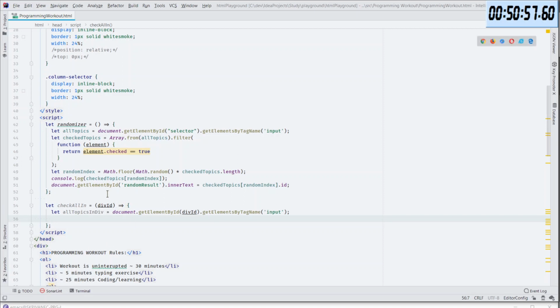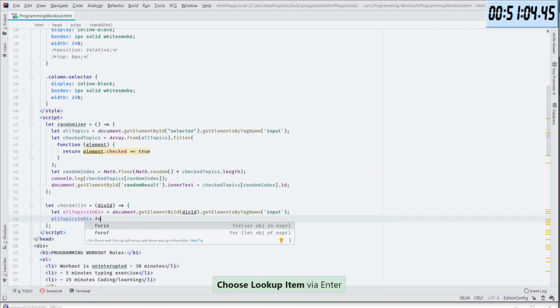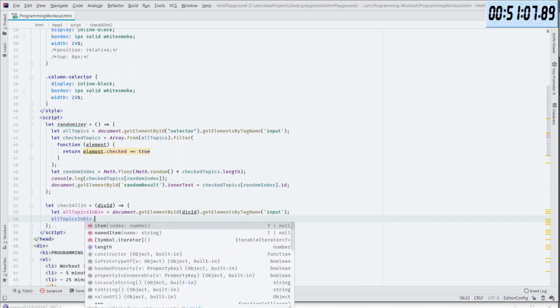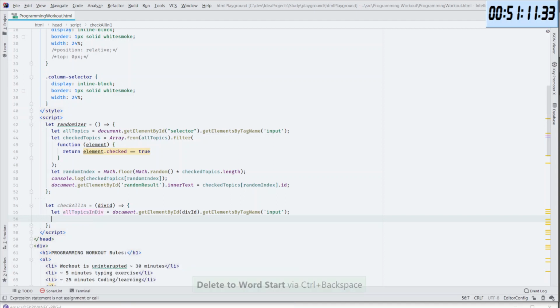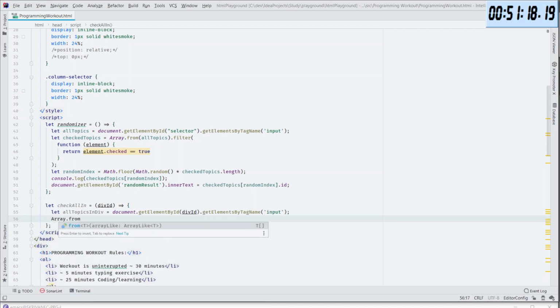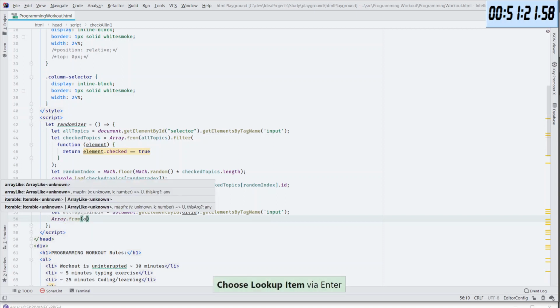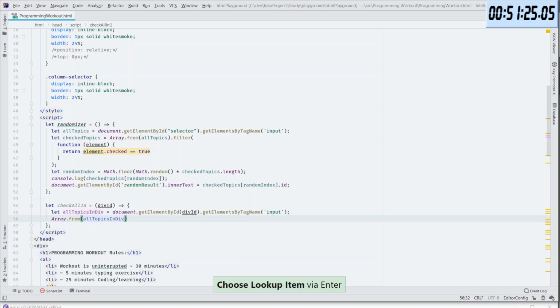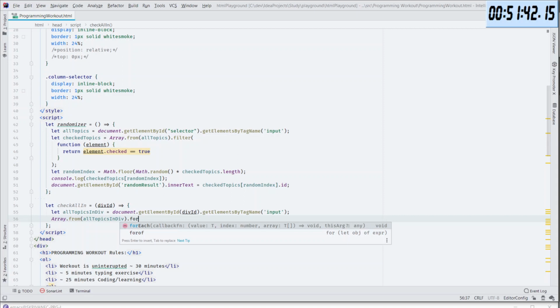So all topics, Array.from, and it'll be all topics in div, and we will do forEach, and then we will have the callback function.